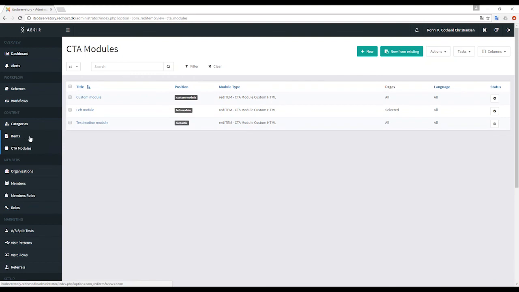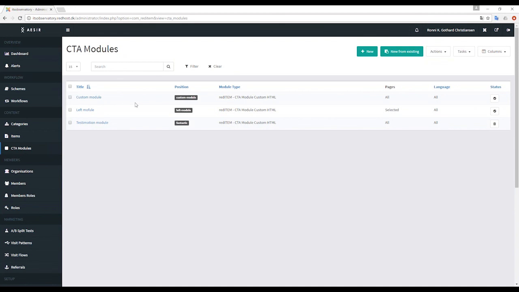And then we get into the call to action modules. The reason why these three menu items are grouped under content is because these are the three regular content item elements which a normal or average web editor would work with. They might not work with anything else in their everyday work to start with. So call to action modules are a very important aspect of Aesir Contextual Marketing, because